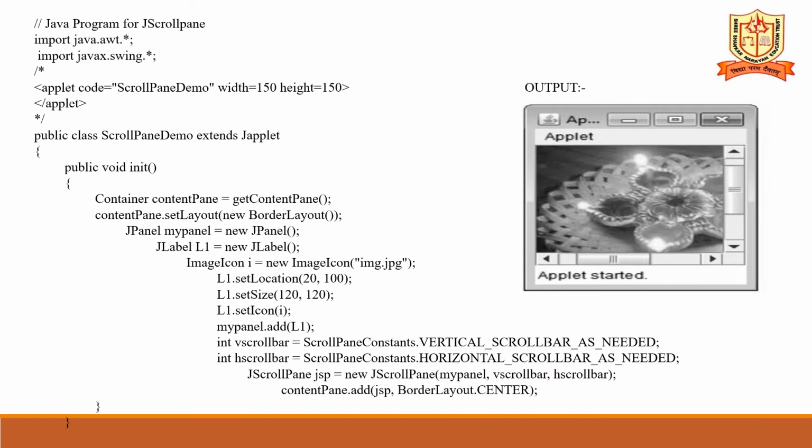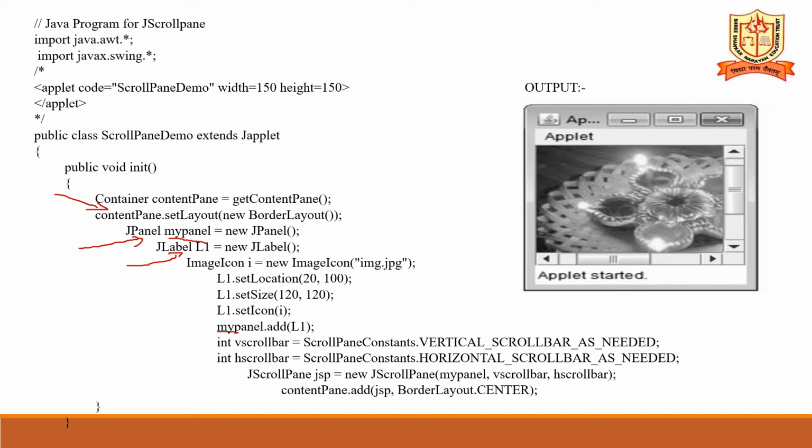Here in this example, we created JScrollPane. In the previous slide, we have explained the overview of the JScrollPane. First you have to create the object of the container, then you have to create the object of the panel. Here object is my panel, and then we are adding the control, that is JLabel, into this JPanel, and we are adding image on this label. That's why we created the image icon, that is I. After this creation of the image icon, you have to set the icon for that label and add this label